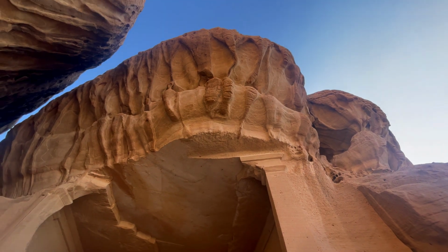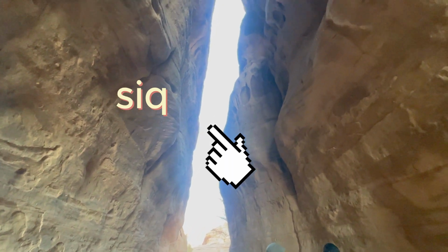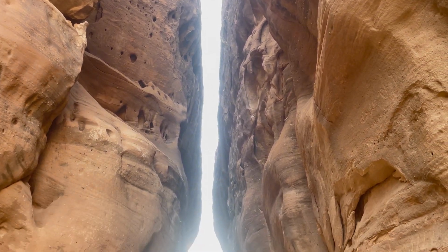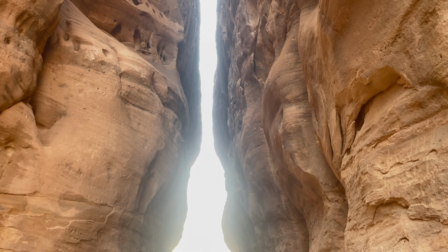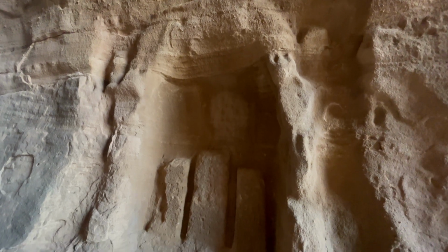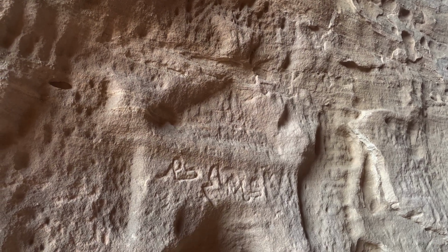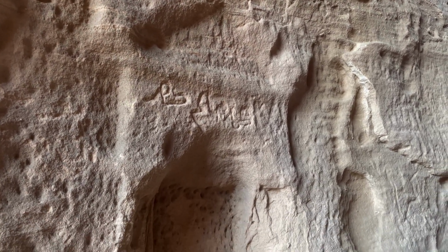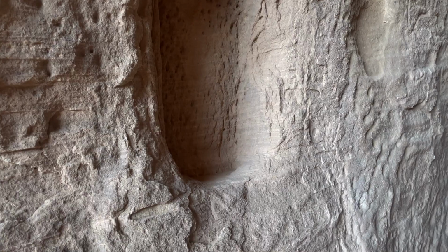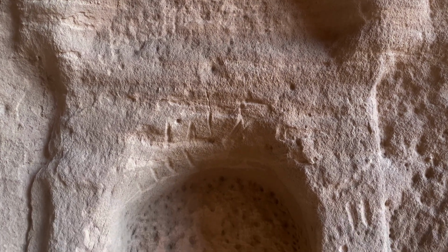And here, this is what you call the Siq, which means entrance, which includes on its sides carved antiquities and Nabatean inscriptions, revealing ancient religious rituals. That includes the three goddesses, Al-Uzza, Manat, and Allat. And on this side, this is where they carved the symbol of the three goddesses. And also, if you can notice, there's a lot of inscription here beside the Siq. These inscriptions are among the longest texts known in Nabatean epigraphy, dated back to between 1 AD